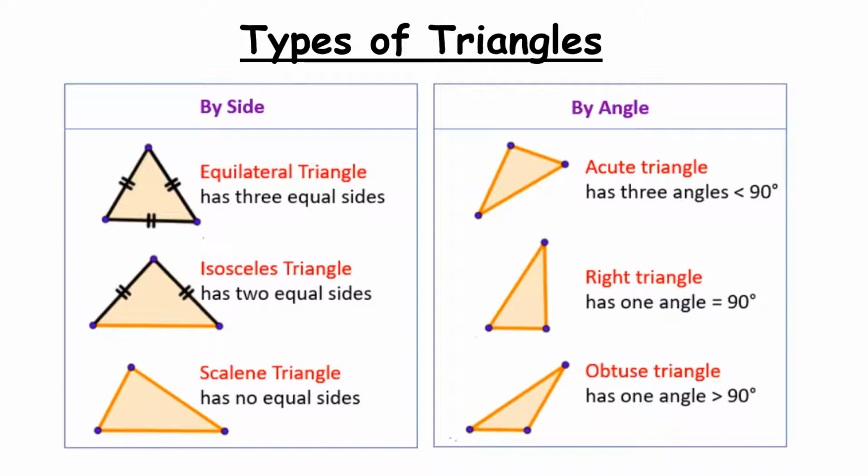We could then think of the types of triangles based on their angles. So an acute triangle, all 3 angles are less than 90 degrees. A right angle triangle has one 90-degree angle, and an obtuse triangle has one angle that is greater than 90